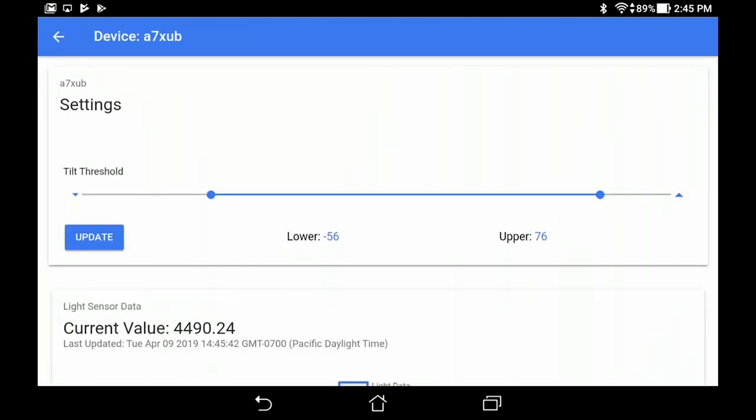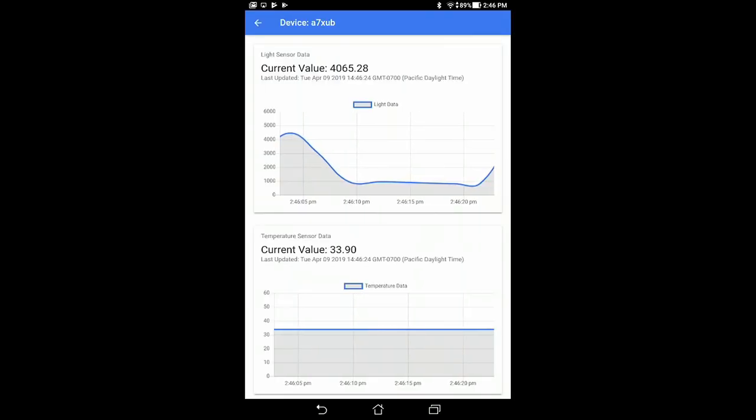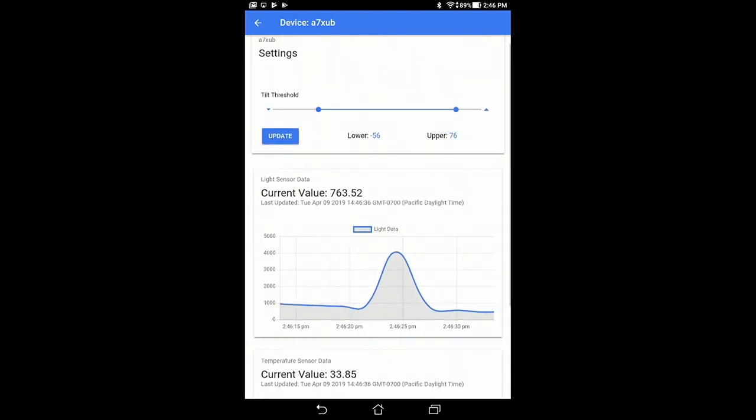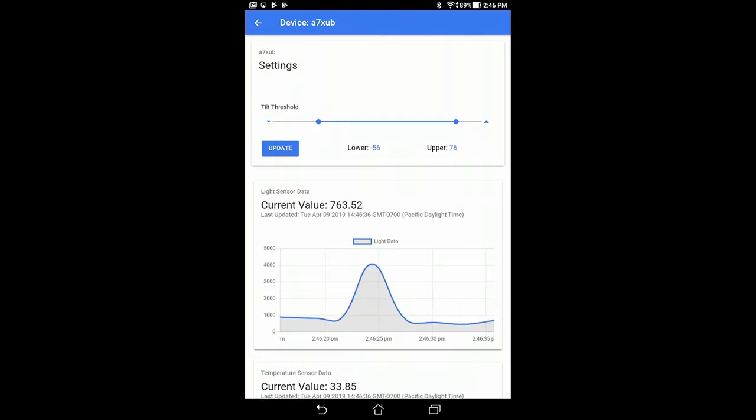So I'm going to go into the detail view here. What you see on that real-time live graph is light sensor data coming from this device, and that's coming through the telemetry path that I showed in the architecture. You can also see there is a set of configuration settings, and that is a tilt threshold. That means I have an angle set so that if I tilt this device past a certain range, I get a beep. Now, as a user, if I want to change the tolerance of those tilt settings, I can go ahead and in this app,